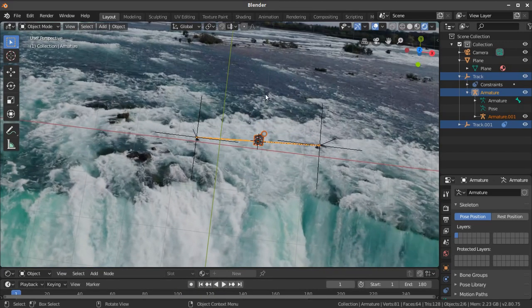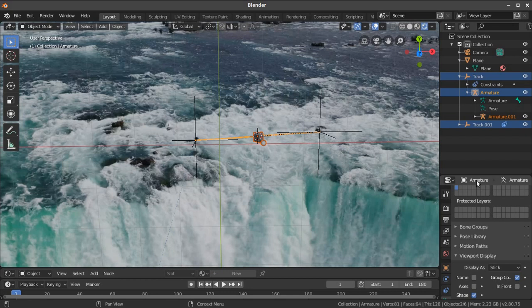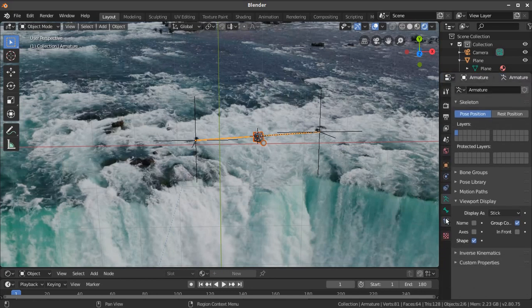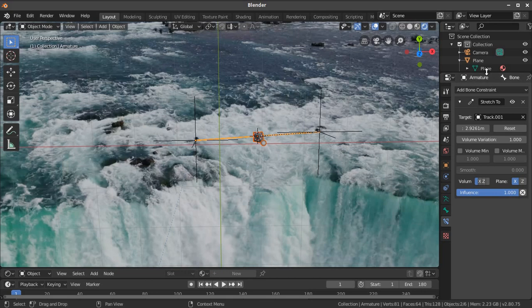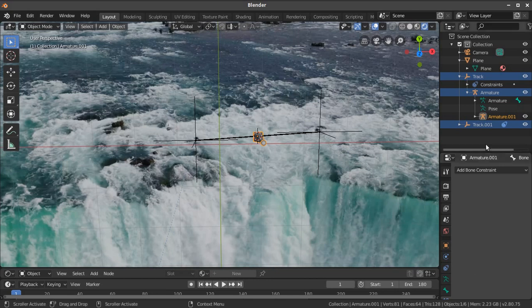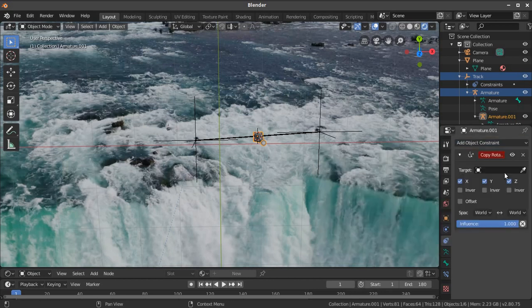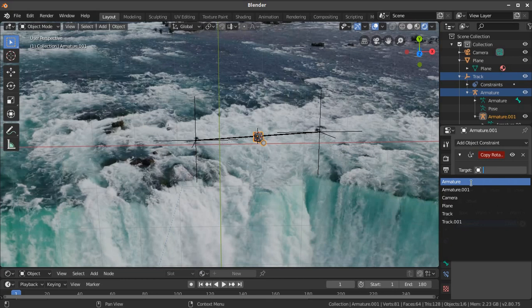So what we want to do is get this so that it is sitting upright to this first bone, but we want it to also inherit the rotation of that bone. So what we're going to do is apply a couple of constraints to this bone right here. I'm going to add a constraint to my second bone. Let's make sure we just have that one, our second one, selected here. Constraints. And I'm going to add a copy rotation constraint to that, and we're going to select the first